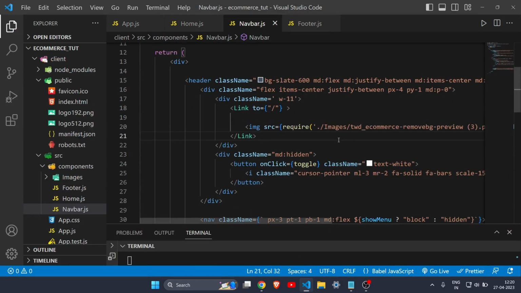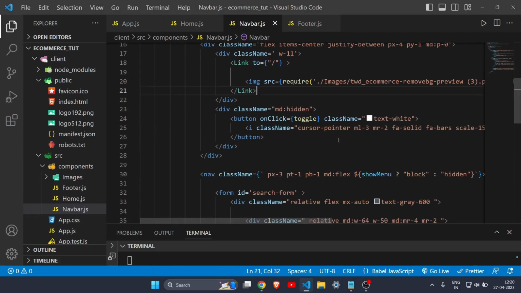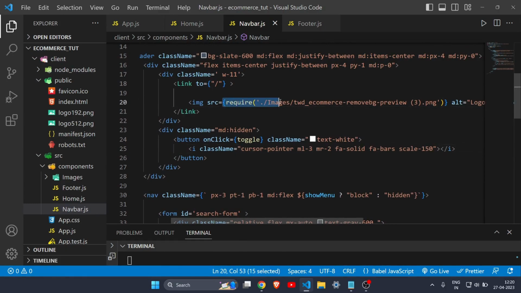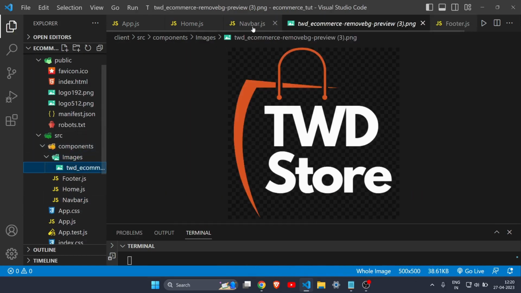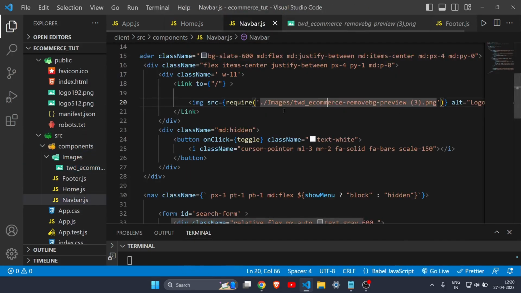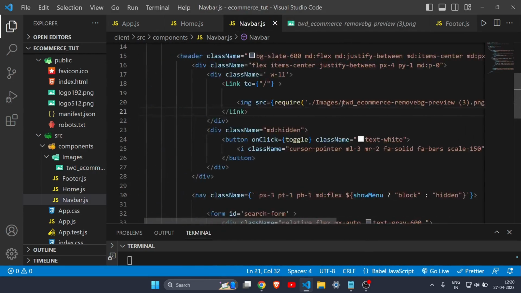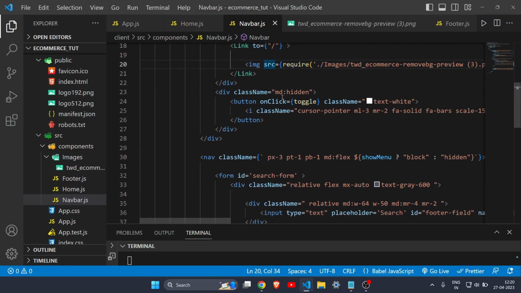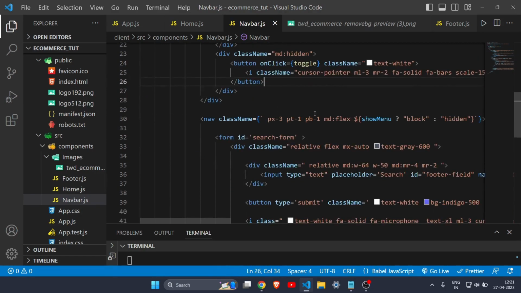Alright guys, so I have finally completed the code for the navbar, and you can see I have written some very simple CSS with the help of Tailwind. I have also taken an image of our logo, so let me show the image. This is the logo for our website, and with the help of Link, whenever someone clicks on this image, it will go to the home page directly. Then we have a toggle button, which will be available on mobile devices,